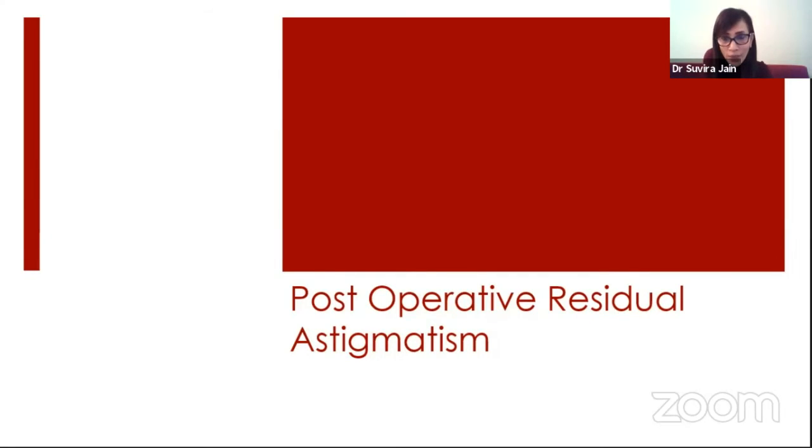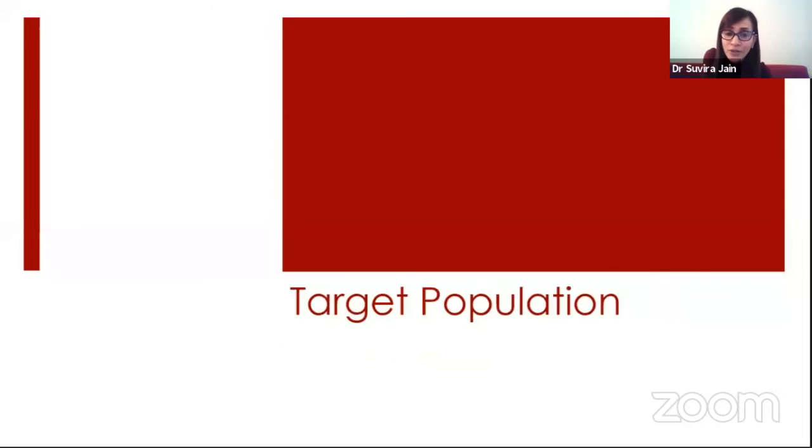So today we need not just regret and think about how bad our toric IOL outcomes are. Patients with a residual astigmatism do not have to be compromised in any way today, because we have at our disposal technology and technique that now make it possible to achieve much better post-operative outcomes.